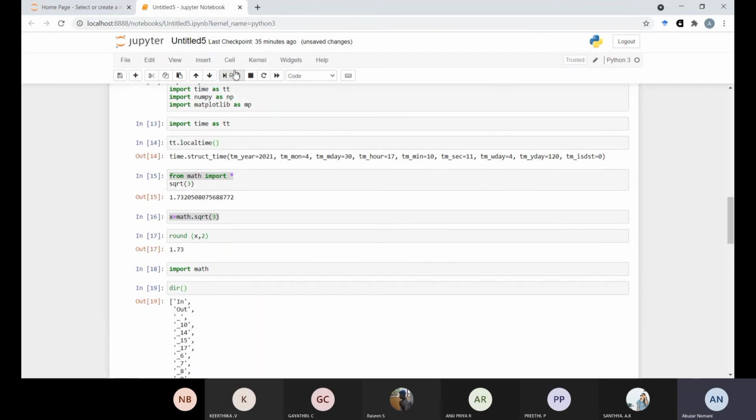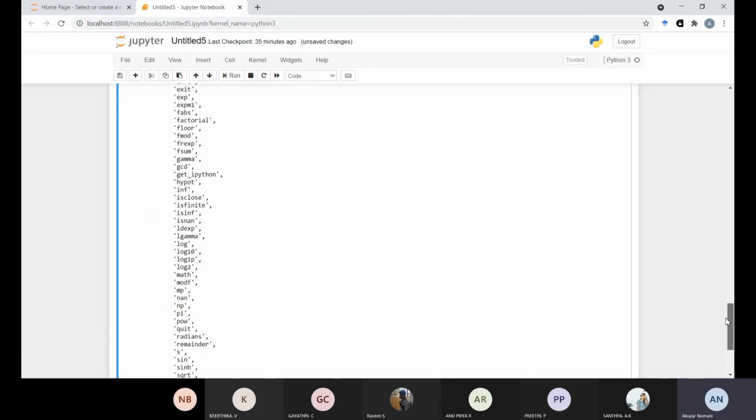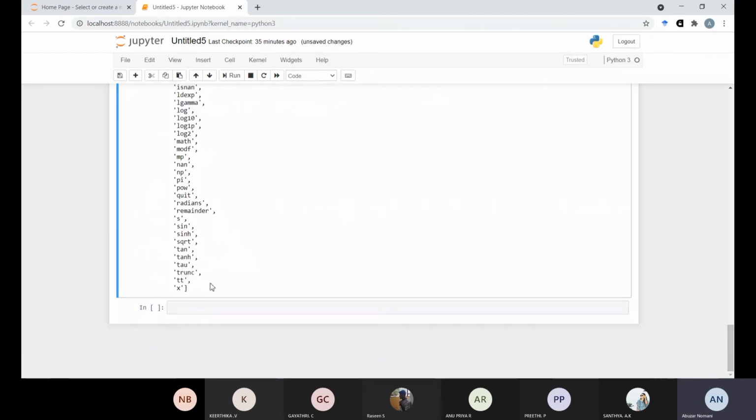These are the various functions we have. Suppose builtins is there and we don't want it, so we can delete only the builtins from that.